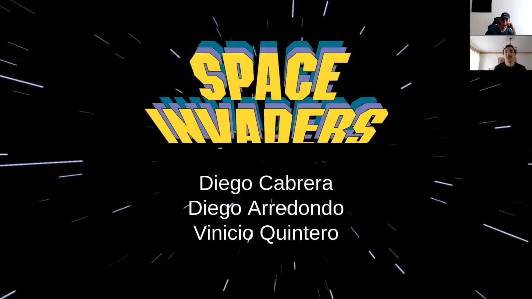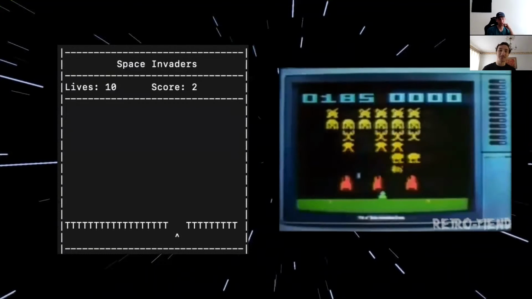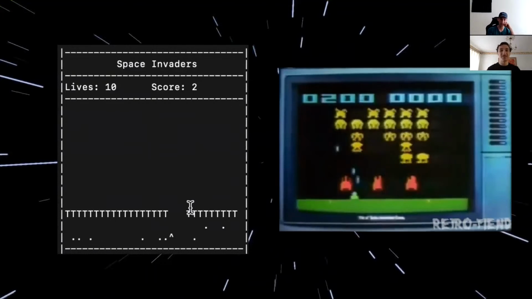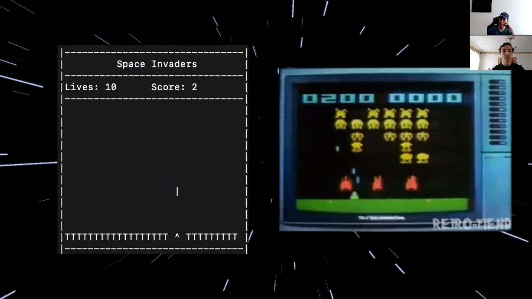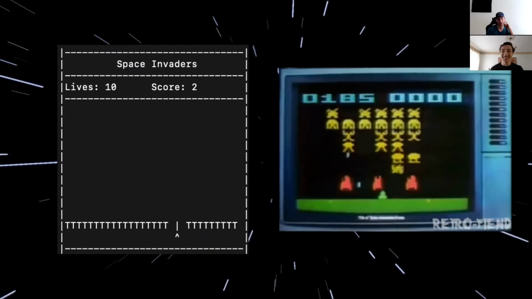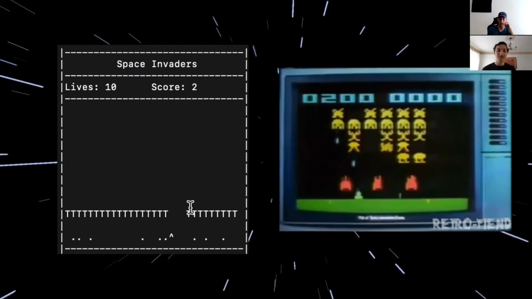Well, today we are going to present to you Space Invaders. This is the first team, I hope, that presents this video game. And it's quite cool because, as you can see, it's kind of a copy of the original from 1980. And actually, it's pretty cool. You can run it even on a potato because, of course, it's in a low-level programming language, which makes it